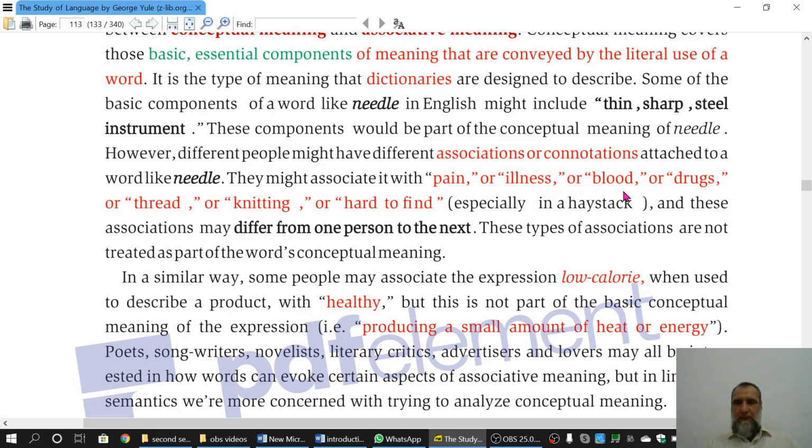Blood is attached with it because if you prick someone with a needle, blood may come out of him or her. Or it is also attached with drugs because drugs can be used with the help of needle. Needle is also associated with thread, with knitting, and it is hard to find. All these are associated with it, with the word needle, but